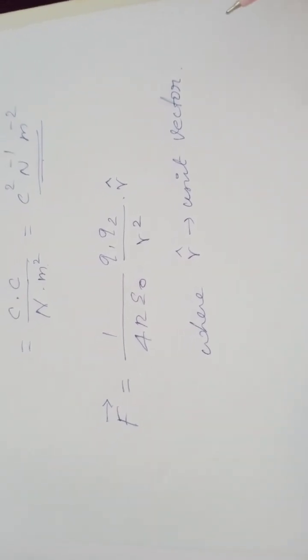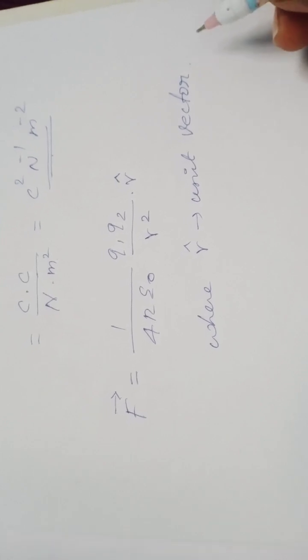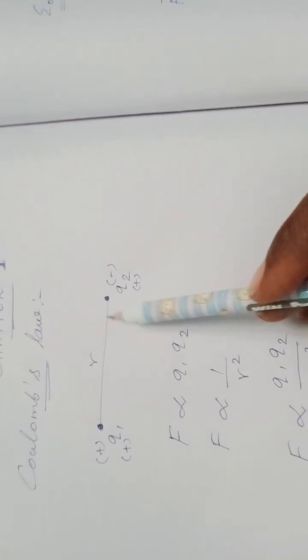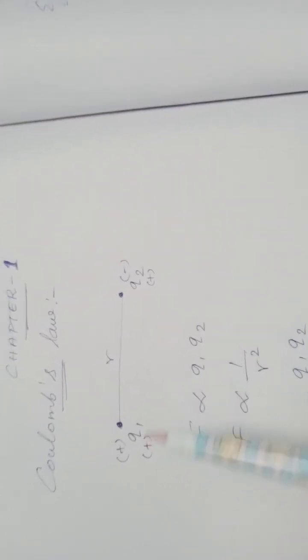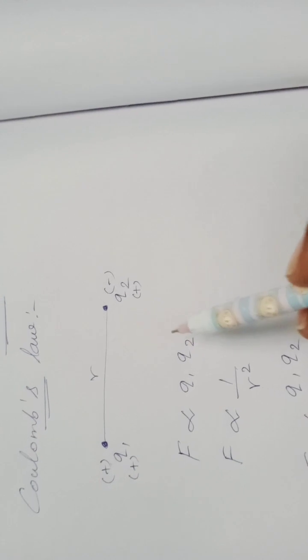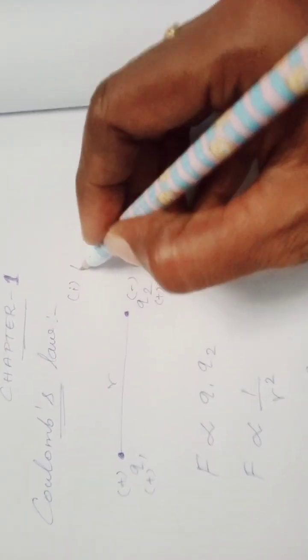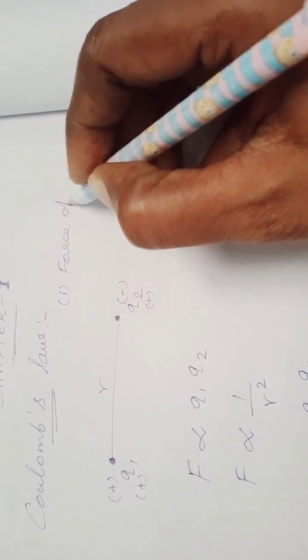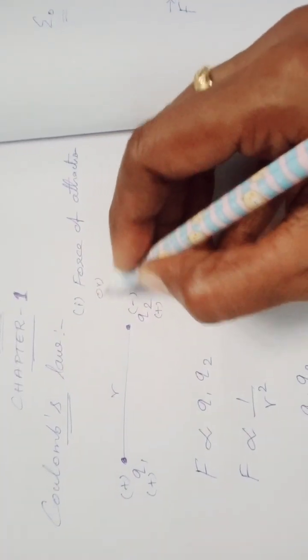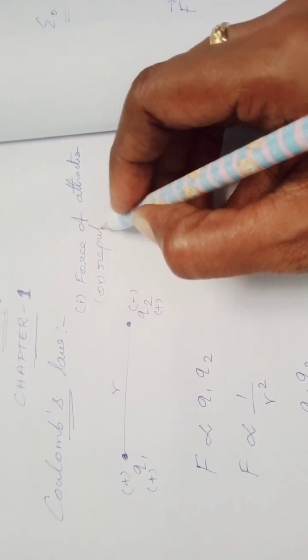Can you understand, students? Now we have discussed Coulomb's law. Once again I will revise this topic. From the equations we can state Coulomb's law. The first point is the force of attraction. This force may be an attractive force or a repulsive force. So the force of attraction or repulsion